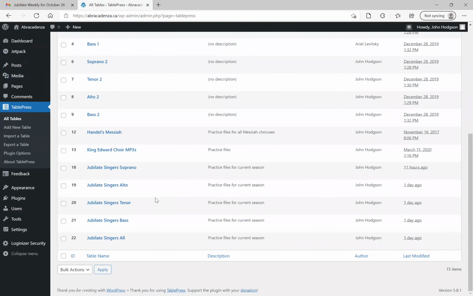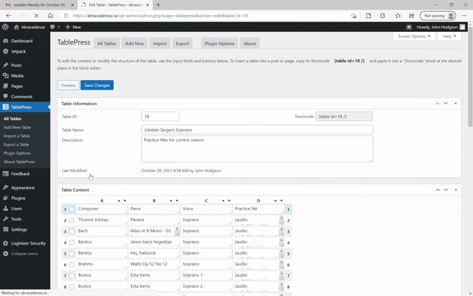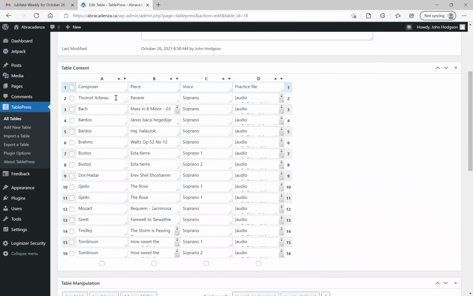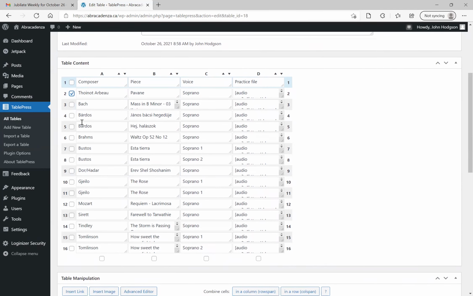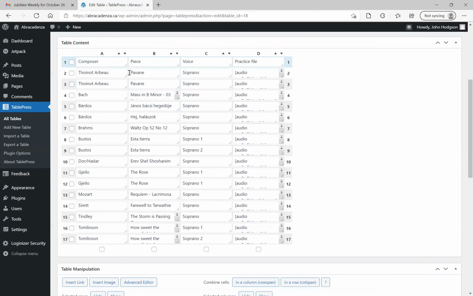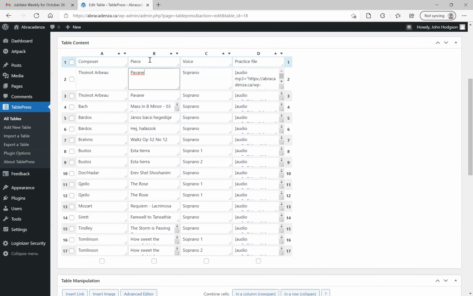So these are all tables that I've created. And the last 5 that I created most recently are for the Jubilati Singer, soprano, alto, tenor, bass, and all voices. So what I want to do is I want to edit the soprano table. So you can see these are all the songs that are there already that I've created. And when I want to add a new row, which I do for this, I can just choose an existing one and I duplicate it. And that way, all I have to do is change this to Pavan demo